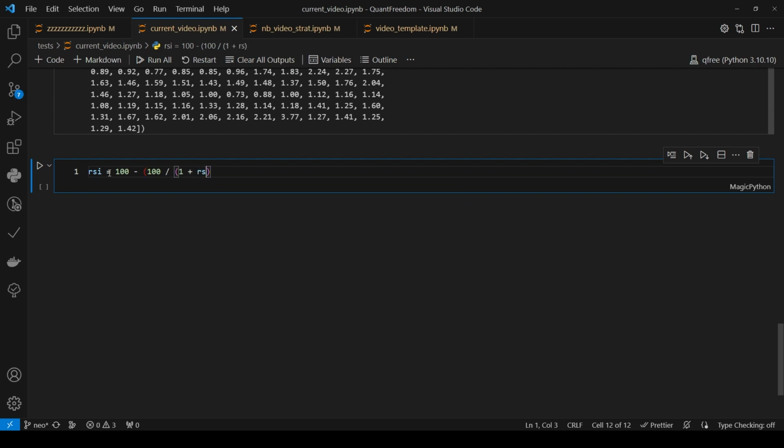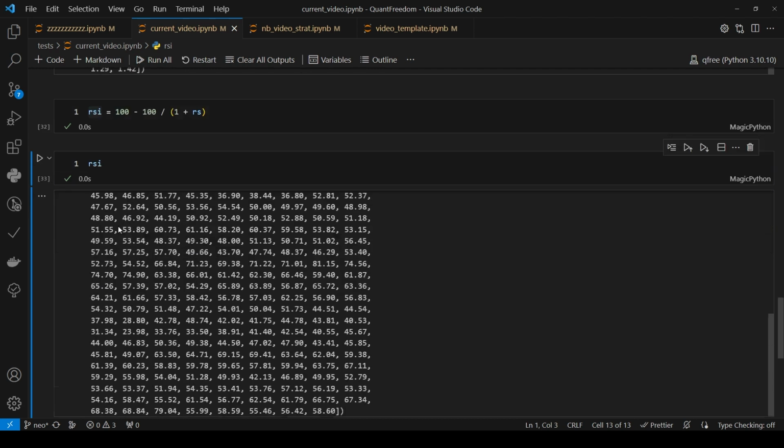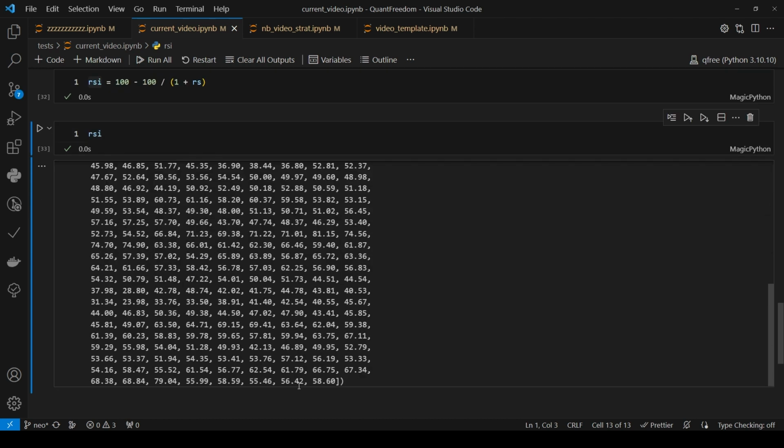Okay, and so you actually don't really need this right here, because we're basically going to go here, then do this, then do this. That's just the order of operations. So we have the RSI like that, and if we run the RSI, you'll see here 48.6, 46.49. So